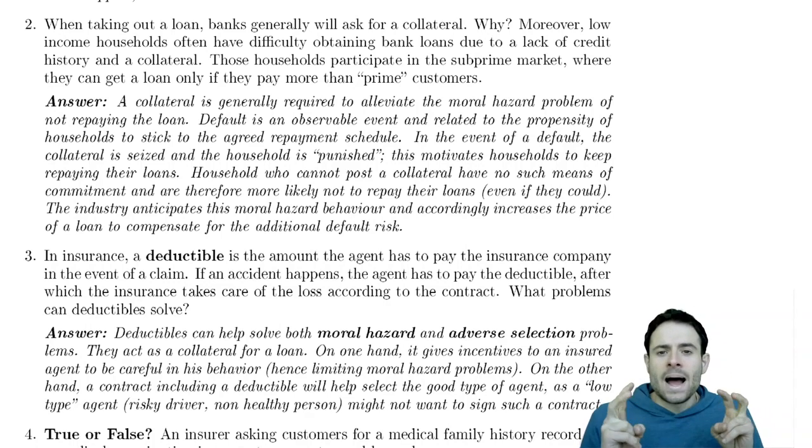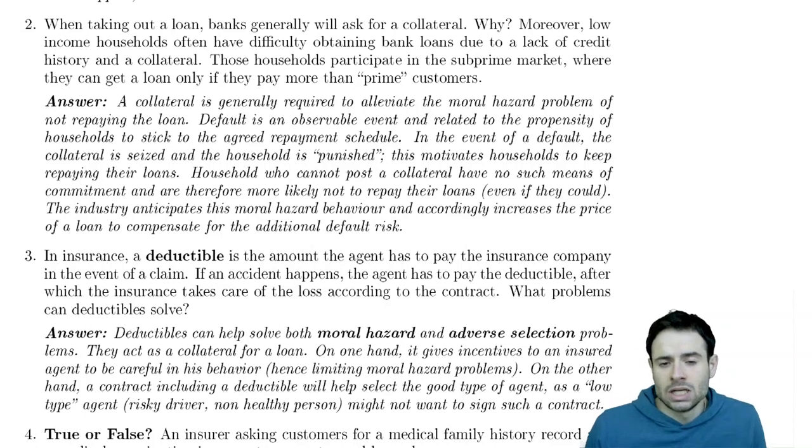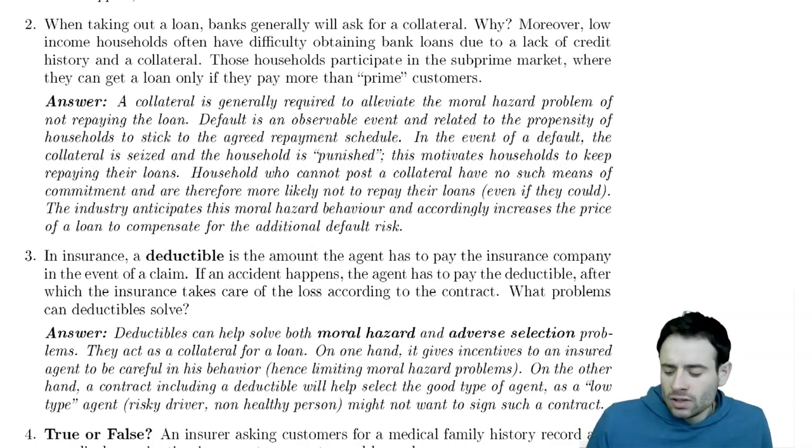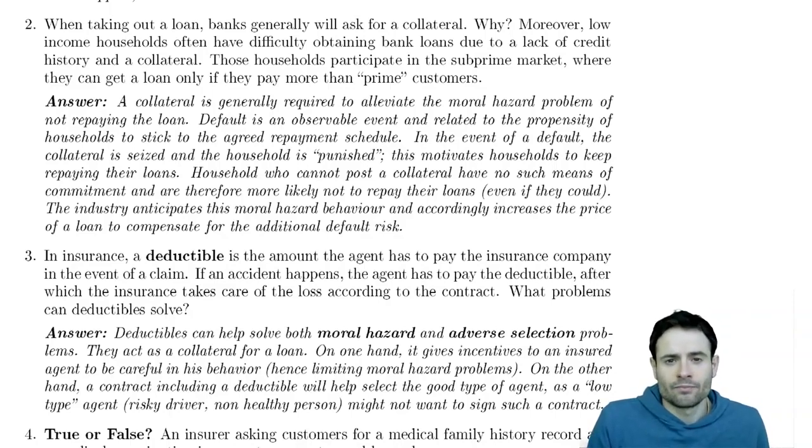Whether it's a bad or risky type of customer or a safe type of customer that gets the insurance contract, once the deductible is included in the contract, it will give them an incentive to behave properly because they're exposed to the risk of having to repay money in case of a bad event. So, a deductible represents less than full insurance. By exposing the agent to risk, you can limit the immoral behaviors. Pretty nice, isn't it?